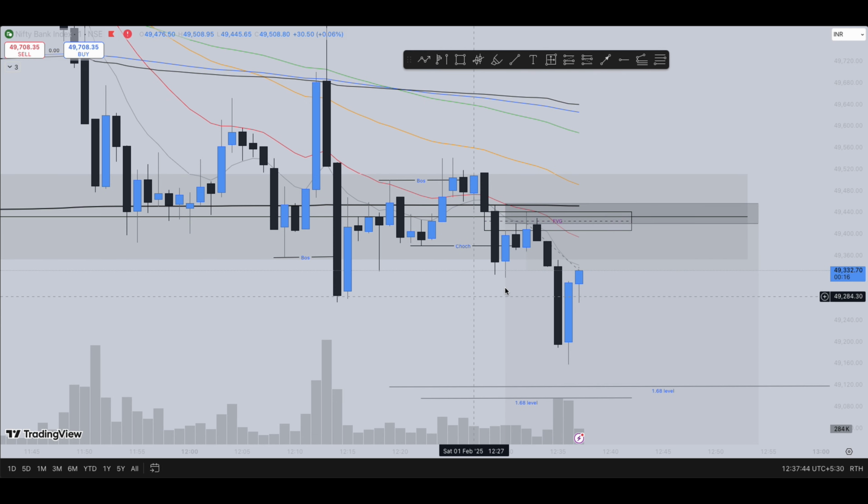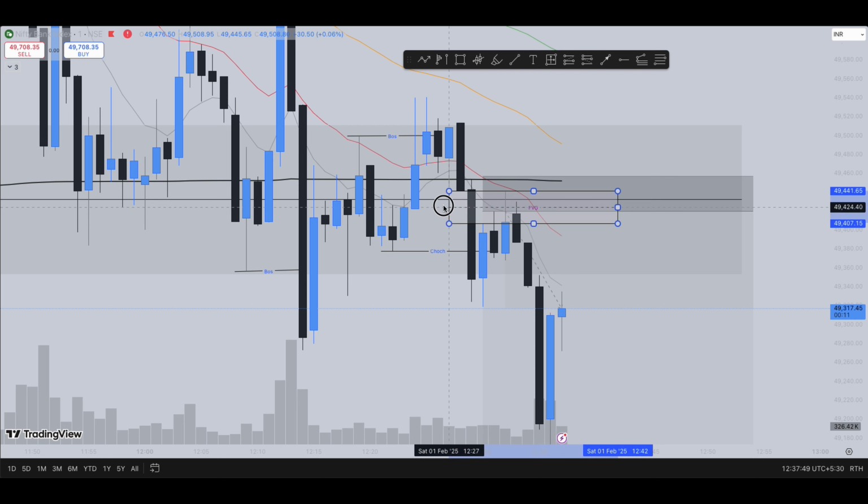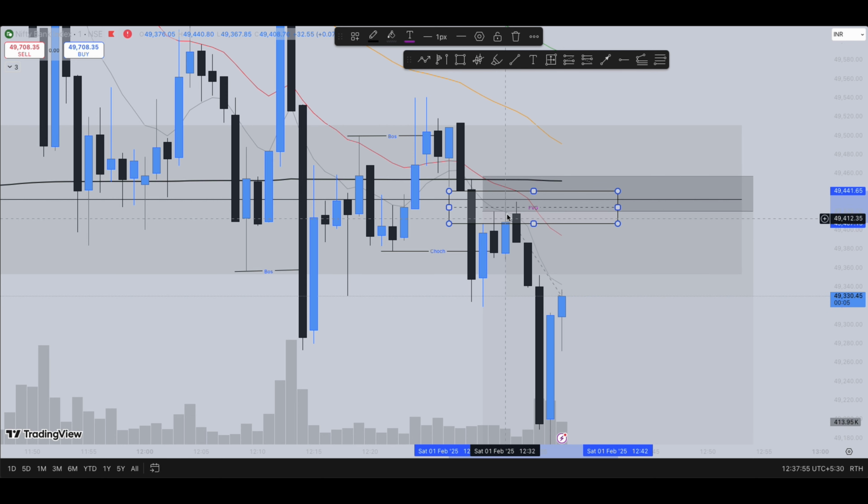and clearly forming a CHoCH, broke structure towards the downside. And these two candles which broke this CHoCH were with a fair value gap here. You can see clearly this fair value gap. Market again retraced back, faced some sort of rejection from this fair value gap and continued further selling towards the